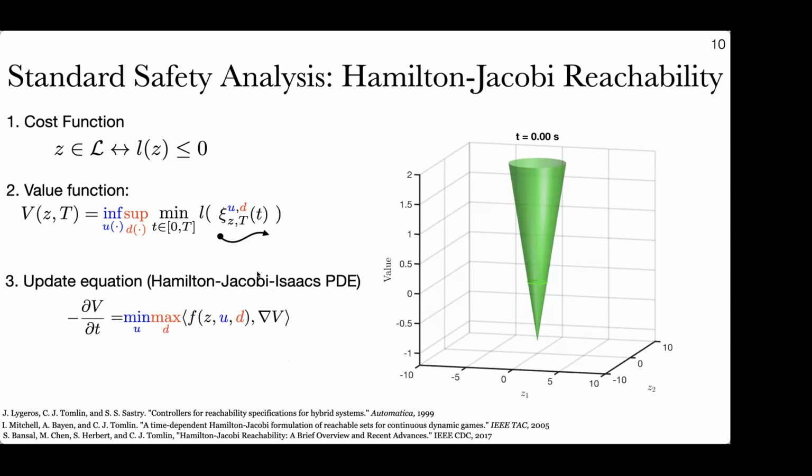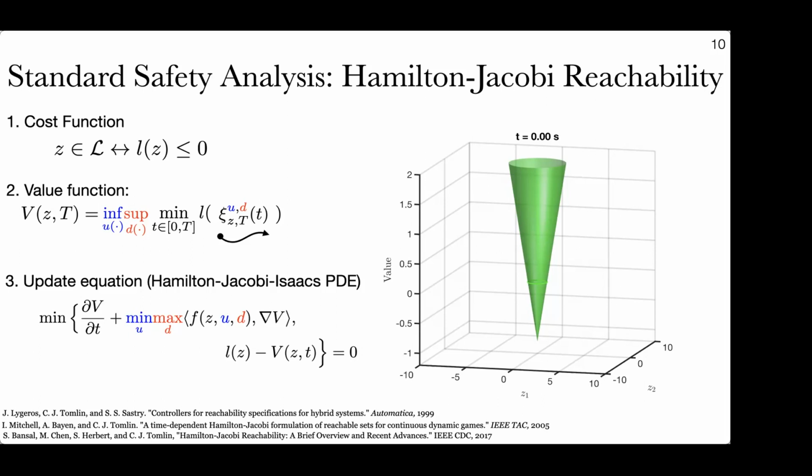Now, this takes care of this min-max here, the blue and the red. There's one more minimization term, which is this minimization over time. For the sake of not getting too into the math, I'm not going to go into the intuition for this, but we have to add one more minimization term to our update equation in order to capture the minimum cost over time, whether I will ever reach my goal. Okay, so the math is just, we set up this cost function, we want to achieve this value function. In order to do that, we're going to update every point in this grid at every instant in time for some time horizon that I care about.